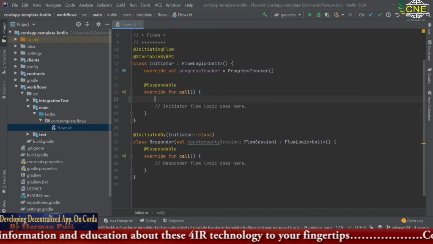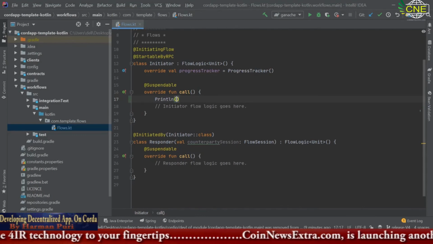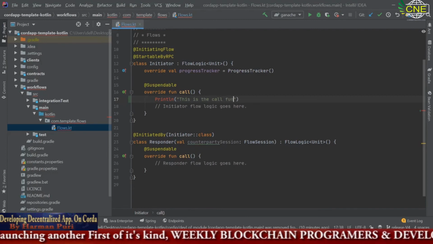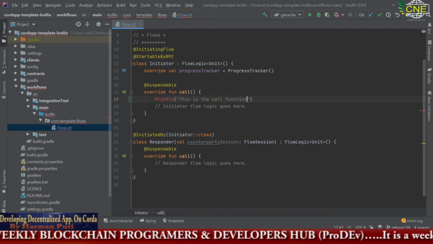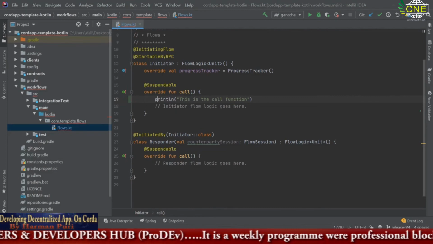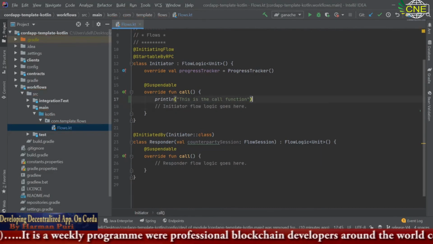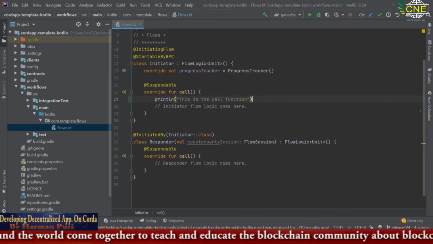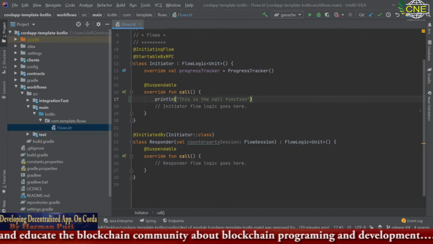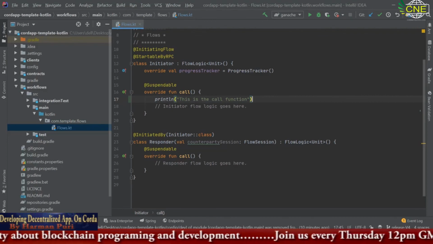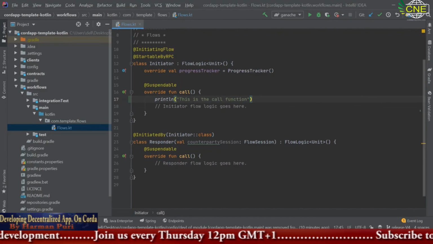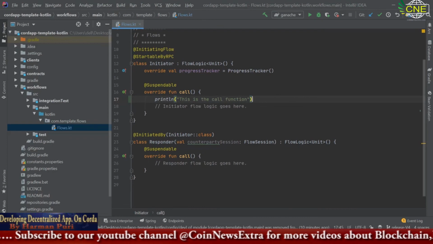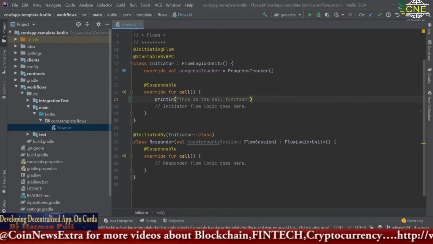For example, let's say you want to print, this is the call function. So I click caption. Okay, I just save it. Similarly, if you want to transact, if you want to pass, let's say, some money from one node to another node on Corda. By node, I mean one user to another user on Corda. So this will all happen in the contract. To give you a basic understanding, let's take a scenario